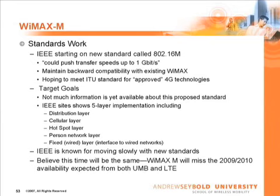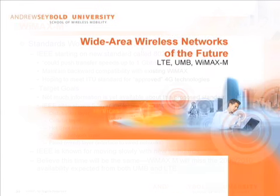WiMAX M, we don't really know a lot about it. They're saying it's in process. They could push data transfers to 1 gigabit per second. I got to see that to believe it. They're going to maintain backward compatibility with existing WiMAX. That's hard to believe also because they know they have problems with some of the signaling on WiMAX. We don't have a lot of information available, but what we do have is there, and we'll just have to keep an eye on it. They're smart people too, the IEEE and the WiMAX forum, so it's going to be interesting to see. They did get